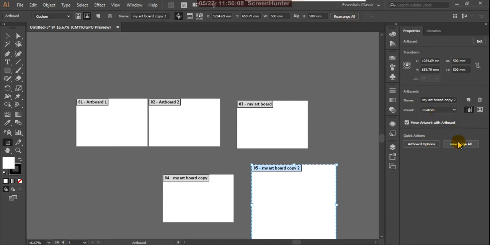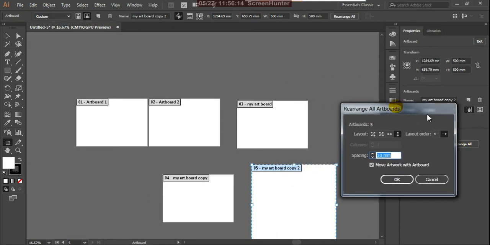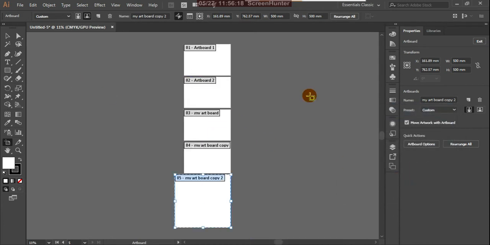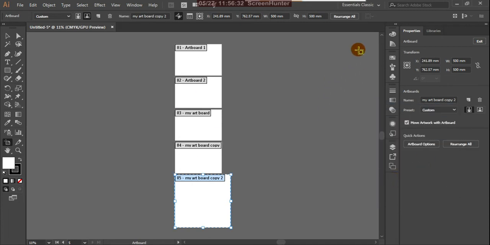So rearrange all, the same thing here again, the rearrangement. Okay, so suppose by clicking this, it is moving into this alignment. Suppose again if I click on that, and give this arrow mark this side, change to left to right layout, and say OK, it is changing to the right.